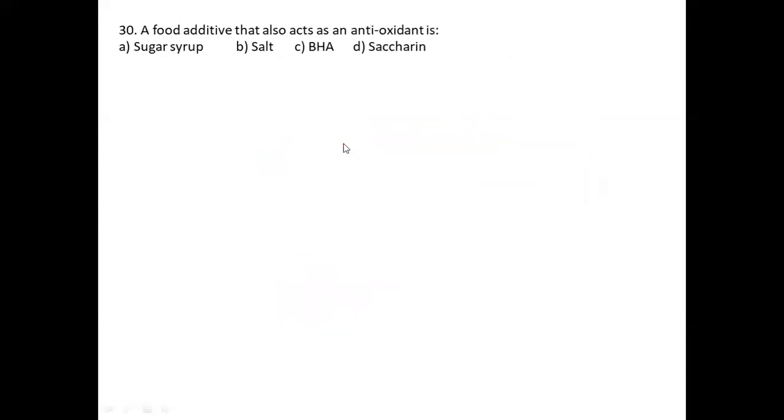30. A food additive that also acts as an antioxidant is. The given options are sugar syrup, salt, BHA, and saccharin. We know that saccharin acts as an artificial sweetening agent. And here, the food additive that also acts as an antioxidant is BHA. BHA is an abbreviation for butylated